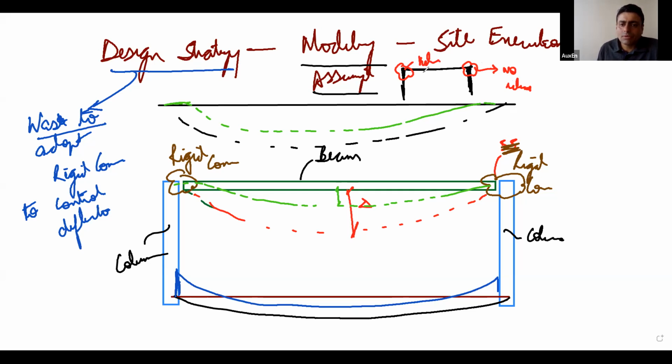So you just have to connect them. Do not provide any release. So this is the modeling assumption. And on the site, when we are going to provide, we have to ensure that a connection